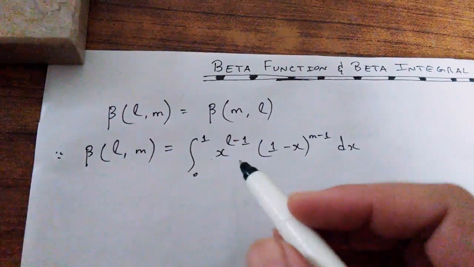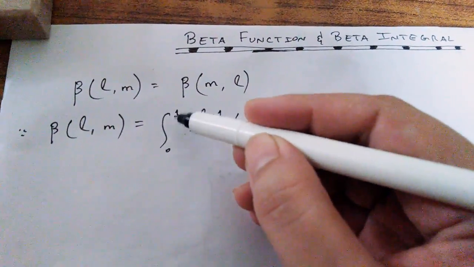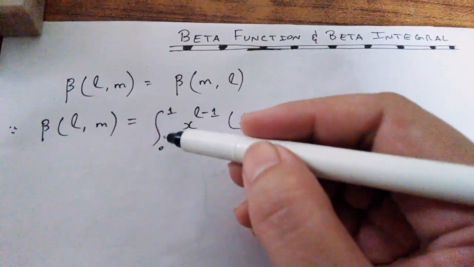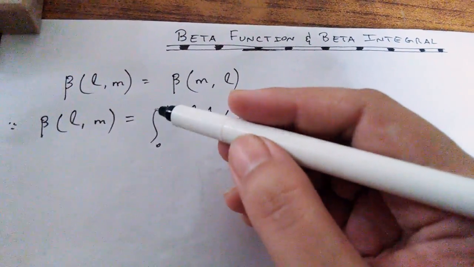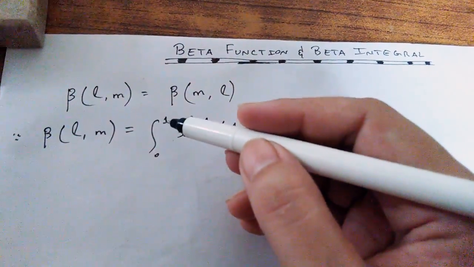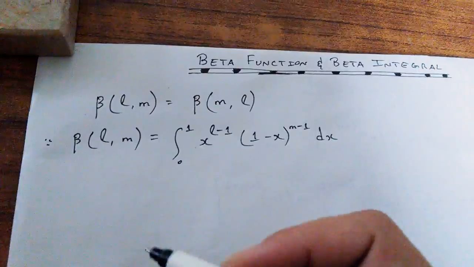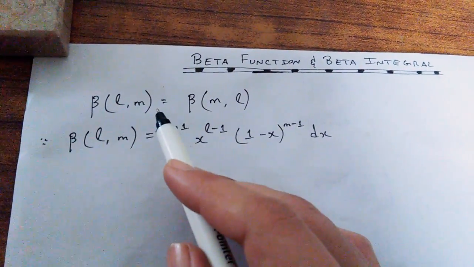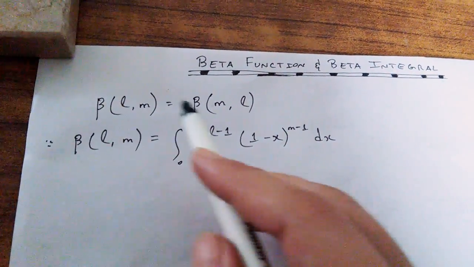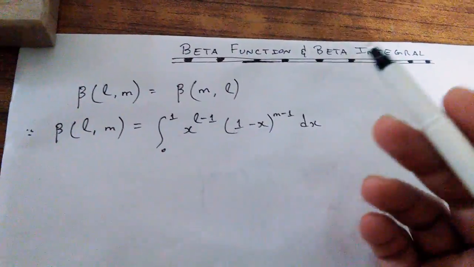Now the powers are very much clear. The upper and lower limits of your integral are understood to be 0 and 1. Before moving ahead and proving that this beta function equals the beta function of M and L,